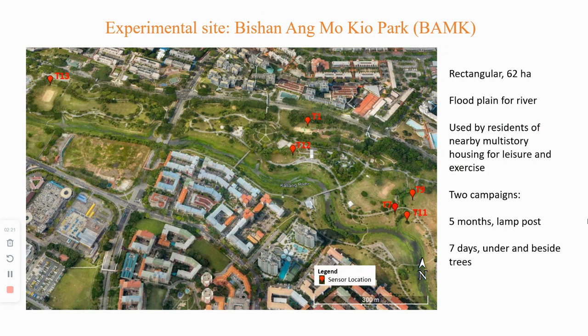This study is largely experimental. It took place in a linear park, which serves as a floodplain for rivers. The water, which used to be in a concrete trough, is now open, and in heavy rains it can just spill over. We had two measurement campaigns. The one I'm going to focus on is the second, a week where we took measurements under and beside the 6 trees shown